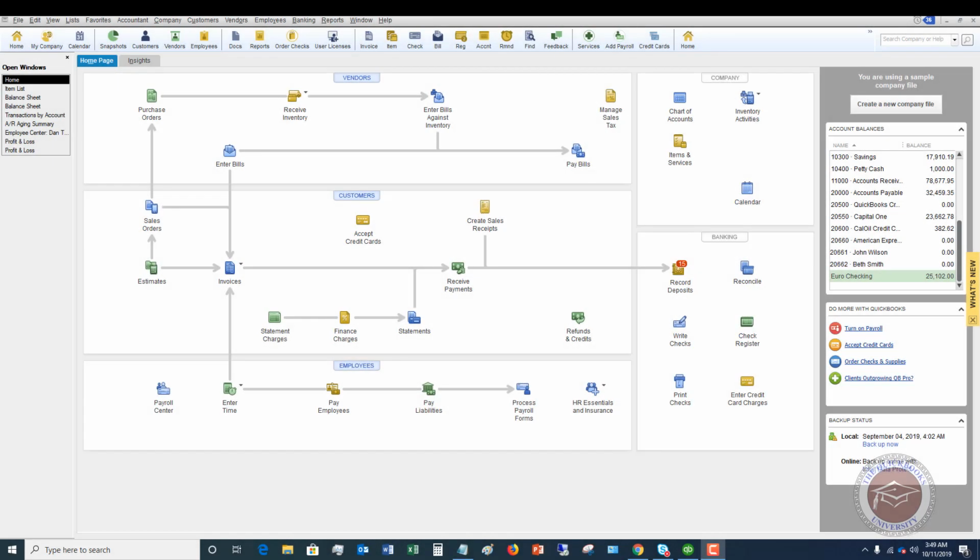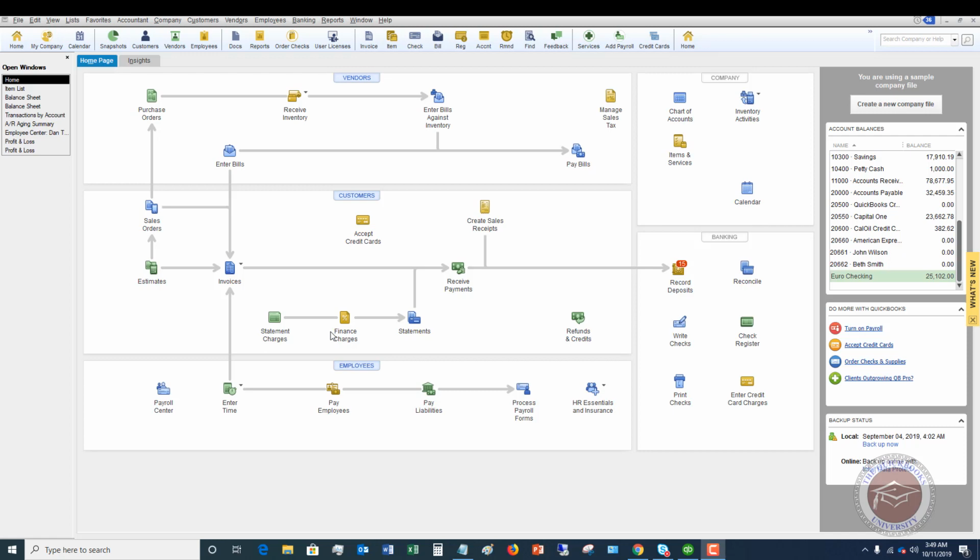Welcome to this QuickBooks 2019 tutorial for beginners on how to set up a non-inventory part in QuickBooks Desktop. My name is Matt Holquist with the QuickBooks University, and this can give people a little bit of confusion. So I want to walk through why or when you're going to set up a non-inventory part, and then how